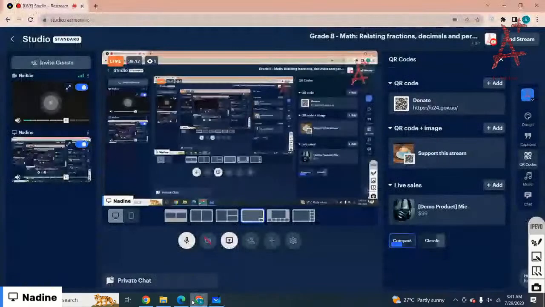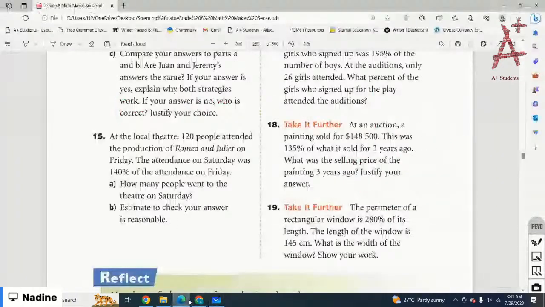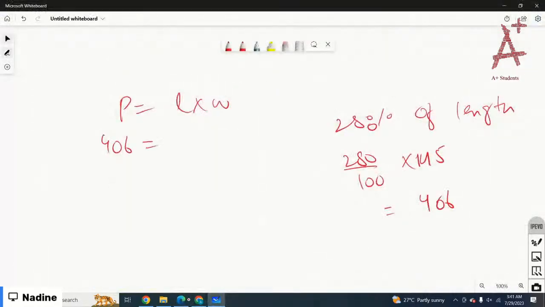And the question is, okay, that means the perimeter is 406. The length given is 145, you have to calculate the width. Got it? So width equals 406 over 145. Got it? So 406 over 145 is,